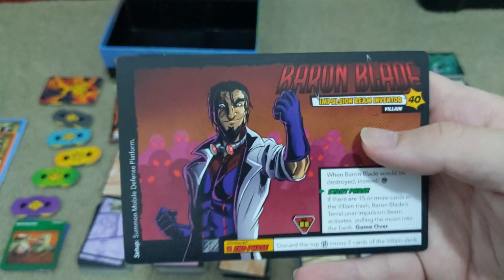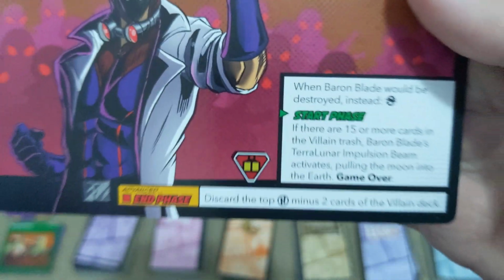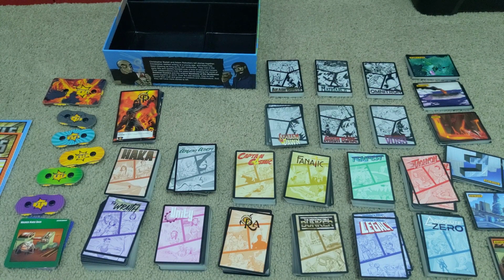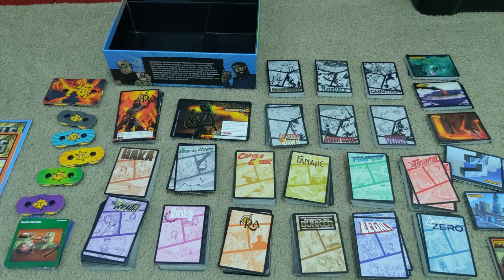For example, we know Baron Blade is discard cards in order to win, but in this mode, he discards even more cards at the end of his turn to make that turn limit a little bit shorter, and therefore make things a bit more difficult. So it gives you plenty to play with right here. But then they went that little bit further and included a little bit more content in the box,